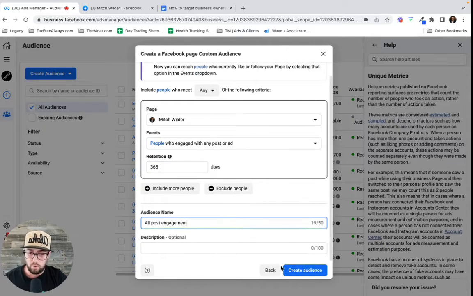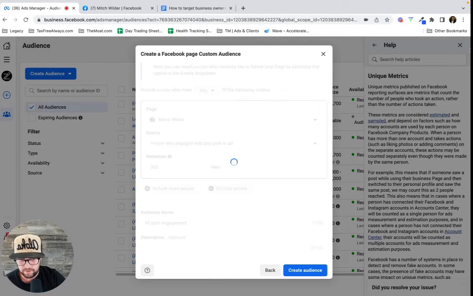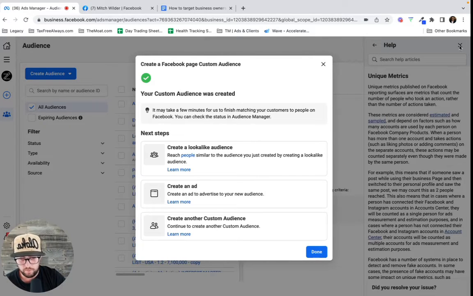Okay. Now, when we create that audience, I could retarget ads to the people who engaged with that ad, who are likely business owners. But the other thing I can do, so we kind of get a 2-for-1 here, is create a lookalike audience of people who are probably business owners because they're engaging with those posts.